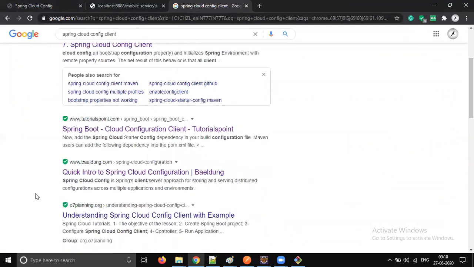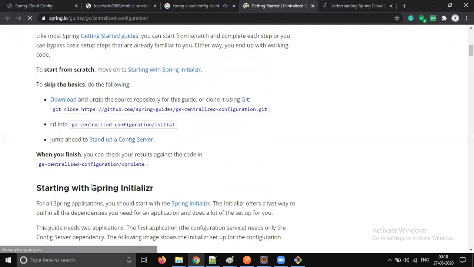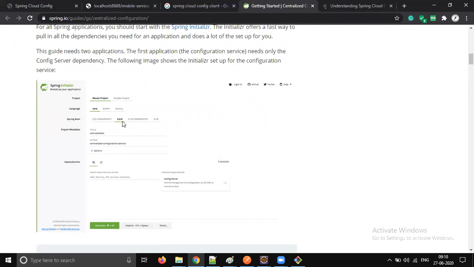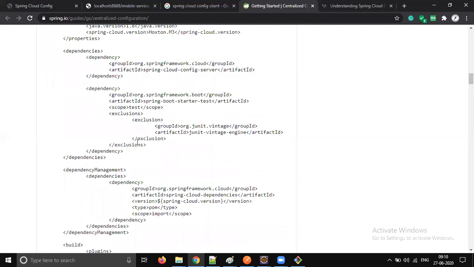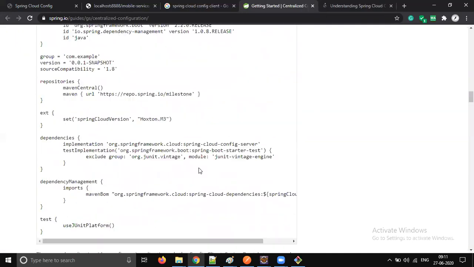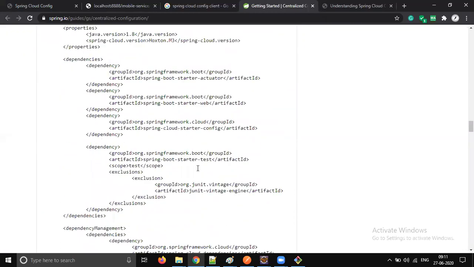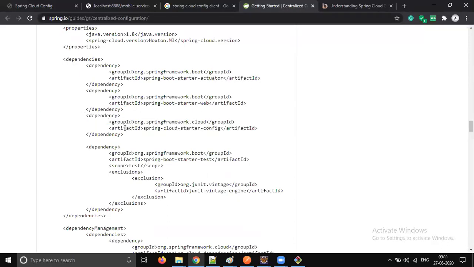So when this is created, no date or time is showing. Guide, centralized configuration. You'll see this part. It is important what version we are using. It matters. So he is using 2.2.0. That's fine, 2.2.0 release. Okay, so this is server. Yes. Scroll down. Somewhere in the bottom you see client. Yeah, it's a starter config, I believe. No client. Starter config. Let's try this.